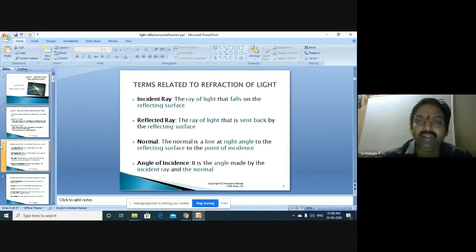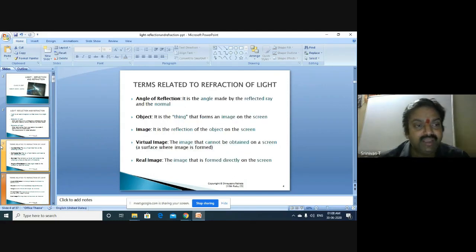Now, just for your thought again, the angle of incidence is the angle between the incident ray and of course the normal. So you can just assume what the ray is and how it looks. Coming to the angle of reflection, same: we can define the angle of reflection as the angle between the normal and the reflected ray. That is said to be the angle of reflection, and it is represented by small r.